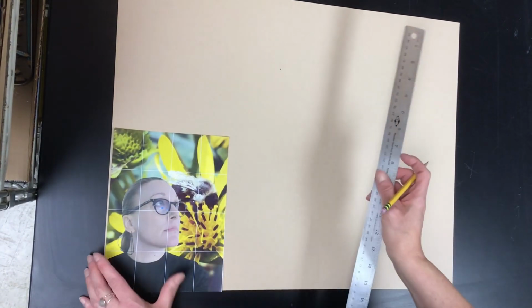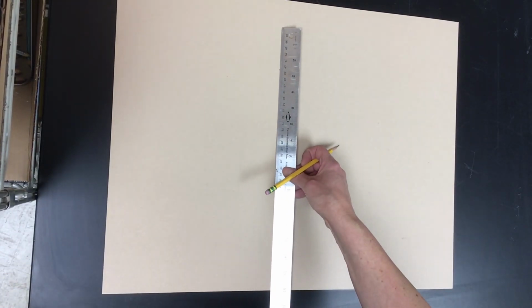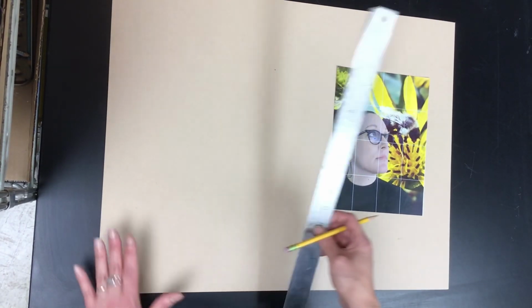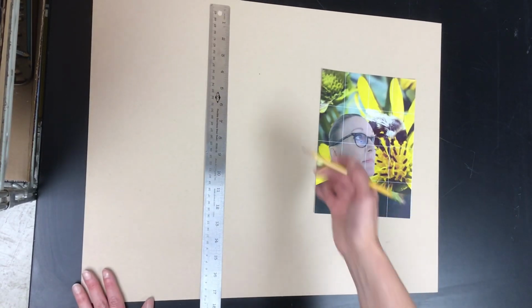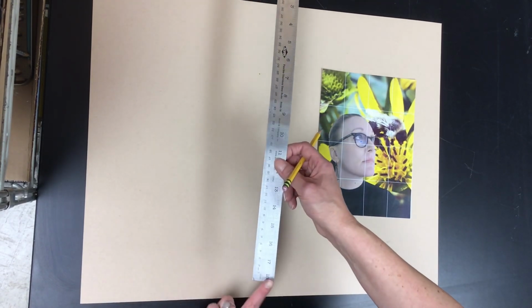Cool. All right. So we can kind of already envision how big our paper is going to be. It's going to be about like that and like that. But now we just have to mark it so that it is accurate. So the first thing I'm going to do is draw a straight line through that point. One way I could do that is by creating 2 points, but the other way is by using the straight edge of the ruler